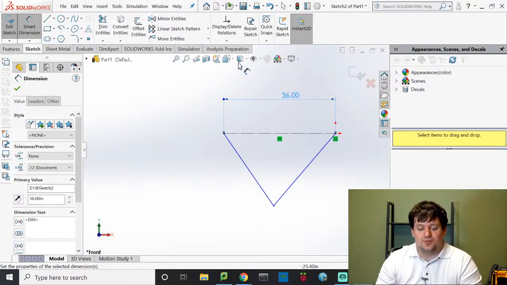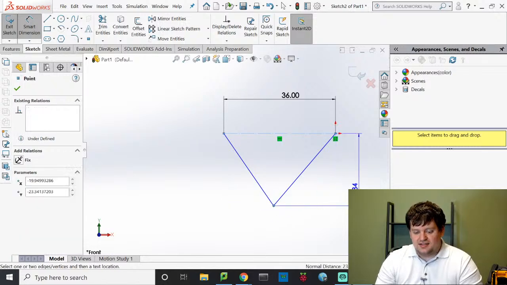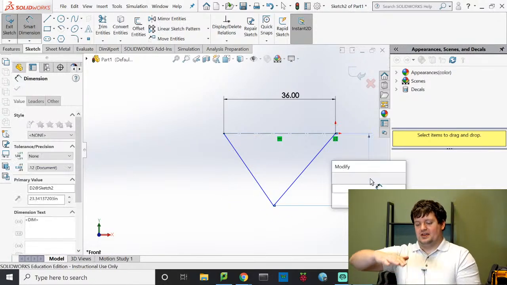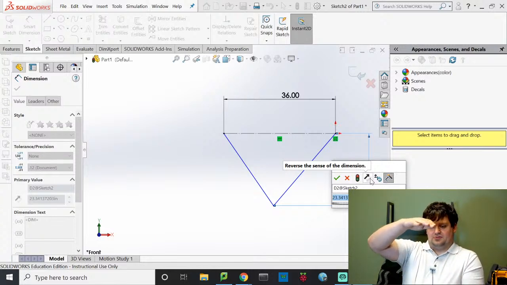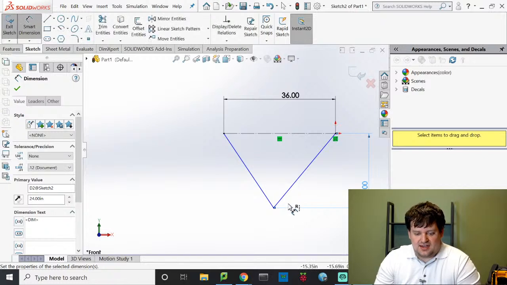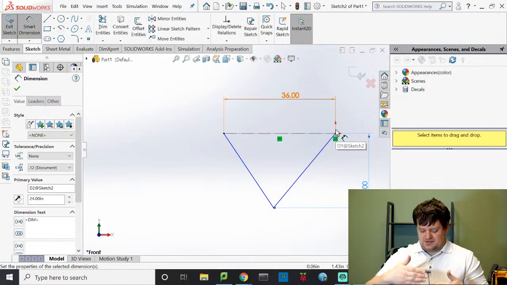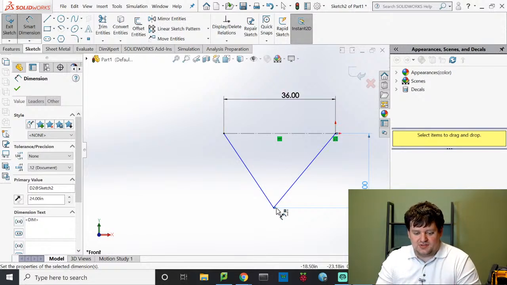It assumed I wanted this to be 36 and the other ones are somewhat proportional to that. Now I can go ahead and dimension between this line and this point down here and say, well, that drop goes down about 24 inches. Okay? And this point right here between where the front handlebar is and where the bike pedals are,